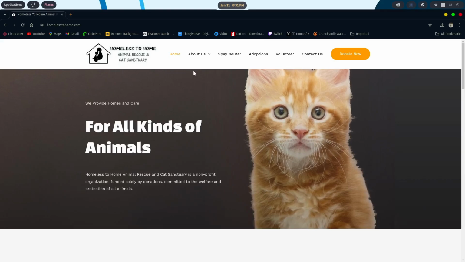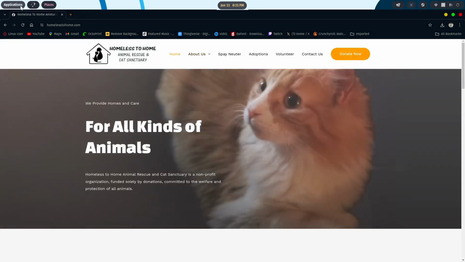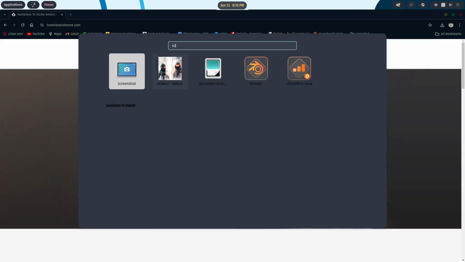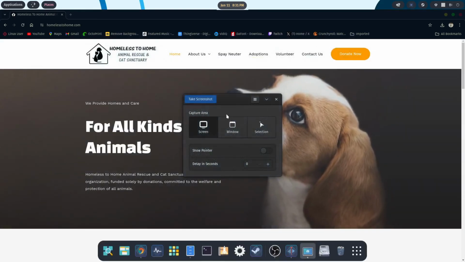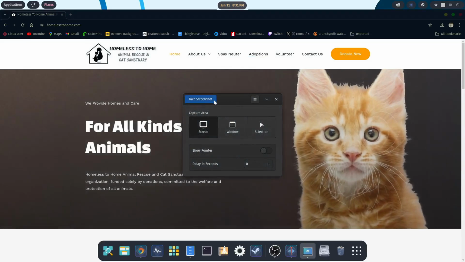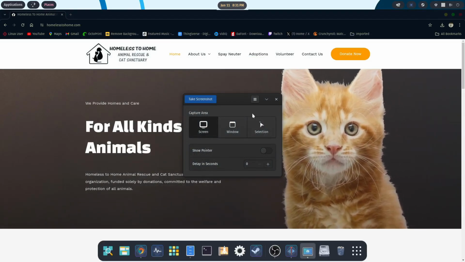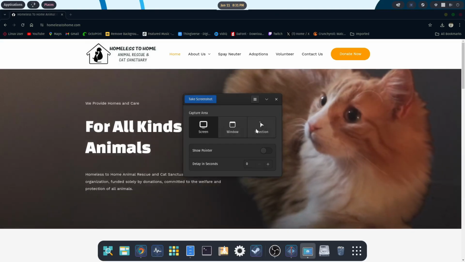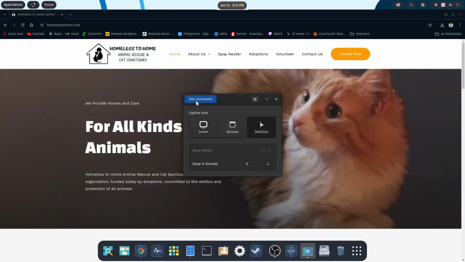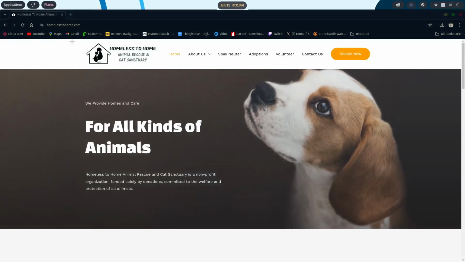So we'll come into here, and then we're going to go to applications. There it is. Okay. So this is one of the apps that we downloaded earlier in the video. I like this particular app because it allows me to do a window, a section, or the entire screen. We're going to do a section. We're going to hit click screenshot. And let's just grab